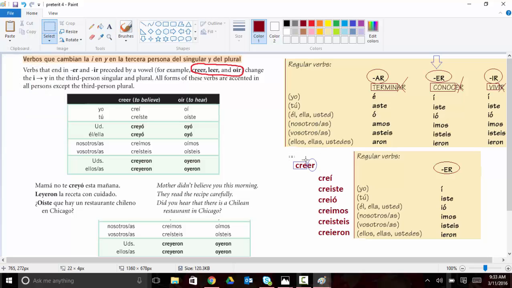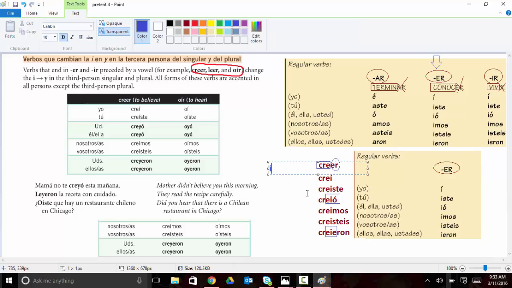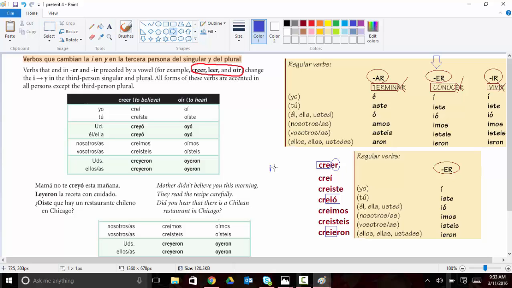The problem is I just got through telling you that unless the vowels are silent, which none of the vowels in this verb happen to be, Spanish does not like to have three next to each other. And I've got that a couple of times. I've got that here, and I've got that here, okay? So when that situation arises, what you do in Spanish is you change your I to a Y, okay? So what I should have instead of creió and creieron, which is really difficult to say,